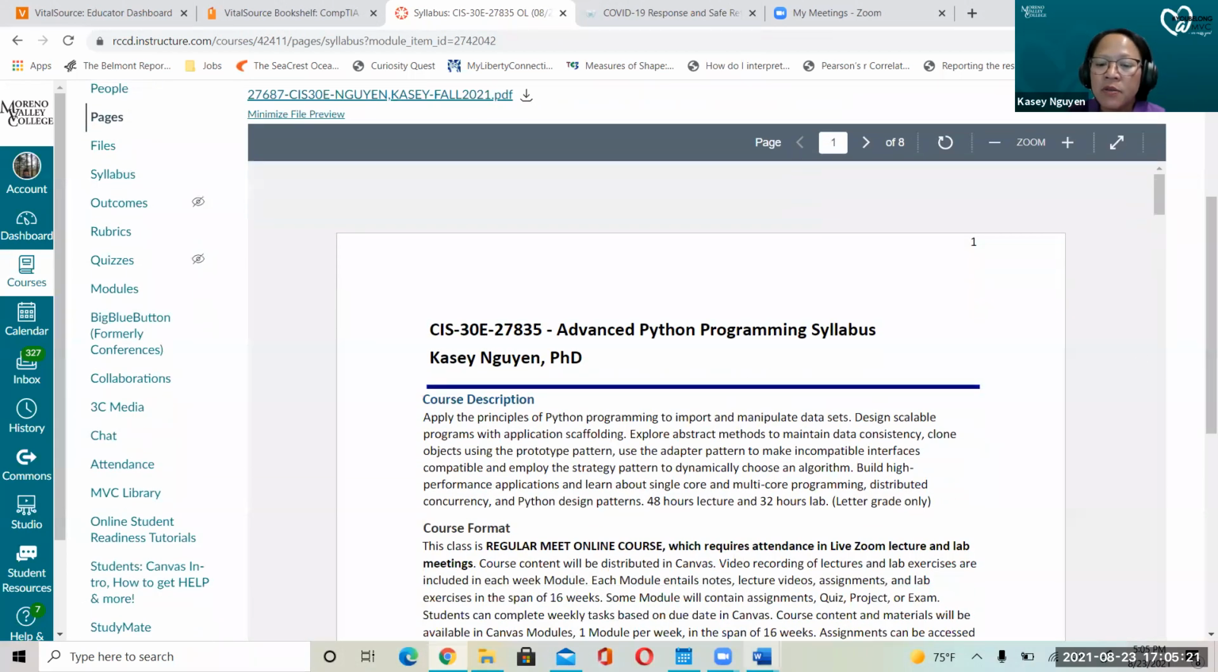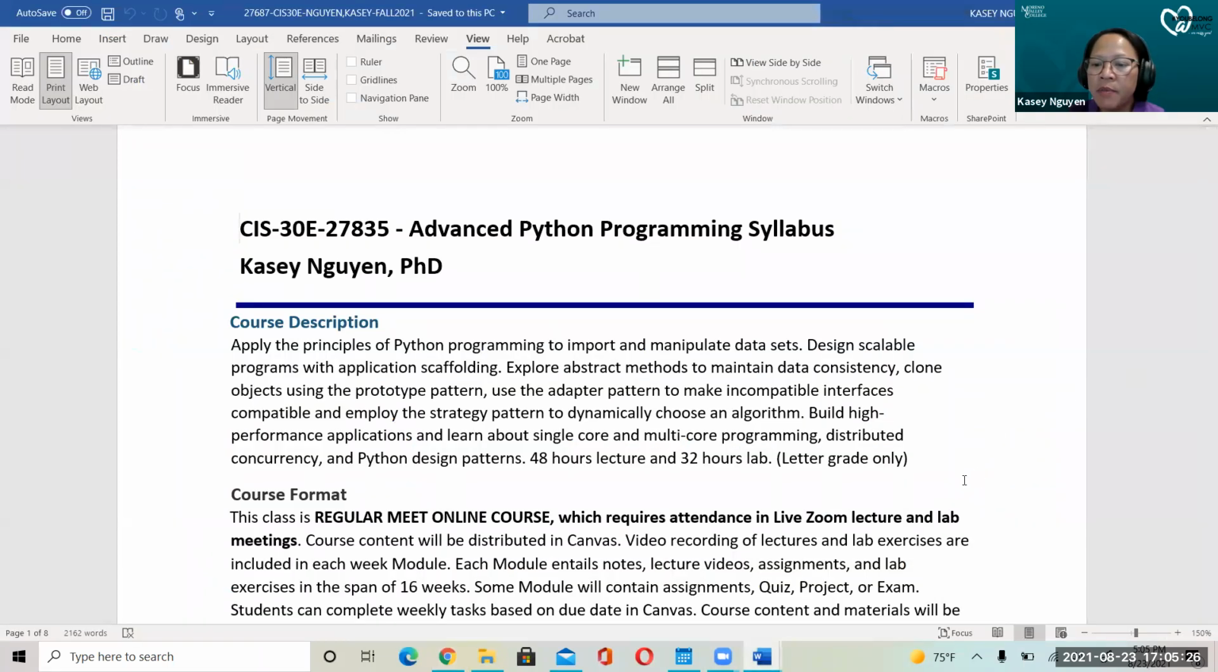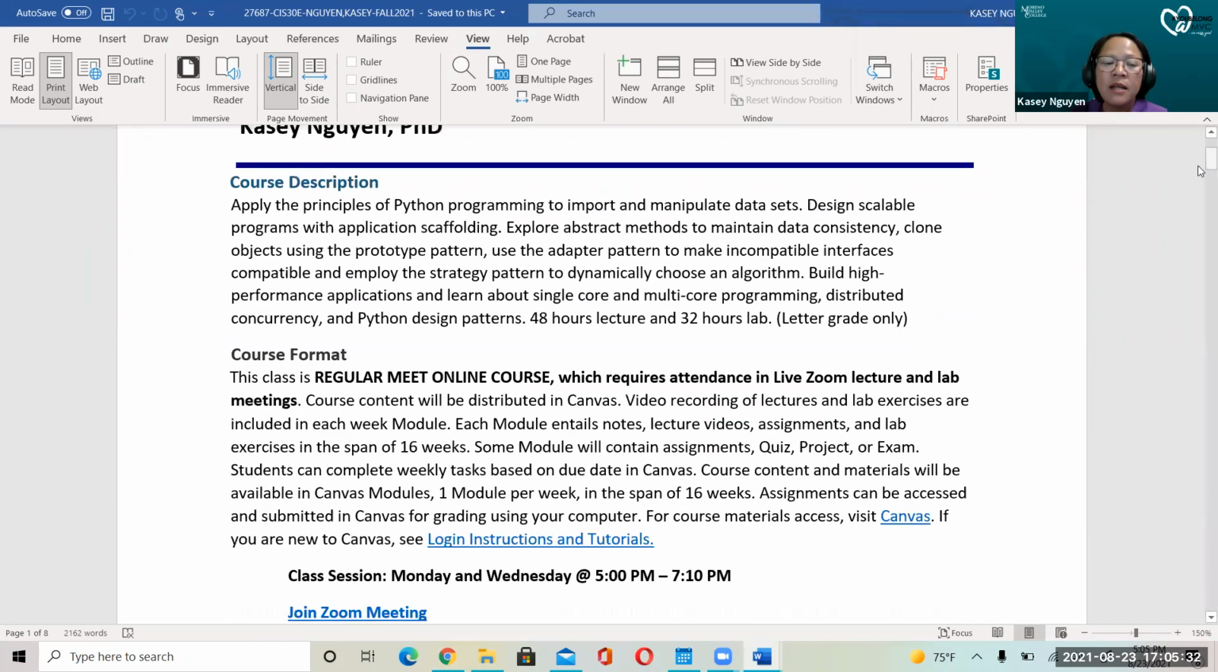I'm just going to use my Word document because that way it's a little better. Let me pull up my Zoom bar up here. So we already looked at the course description. This is a regular meet online course, which means that we are going to meet on Zoom. Now, in the case where you can't attend for some reason, because you have a schedule conflict or whatnot